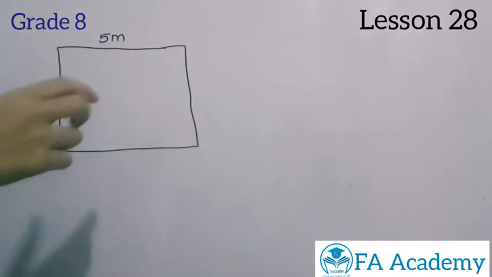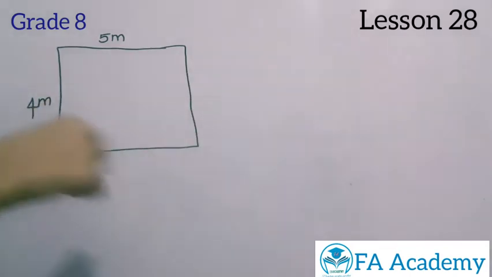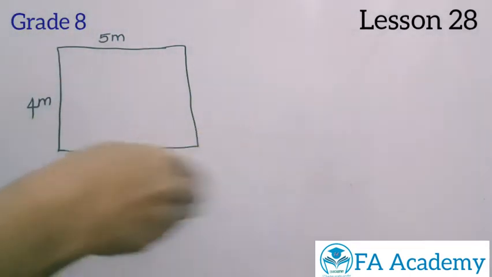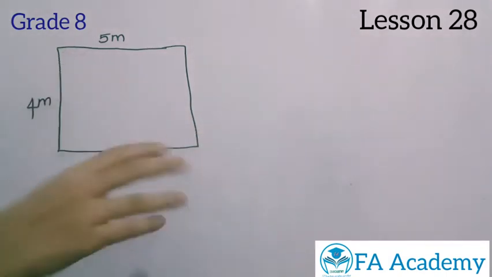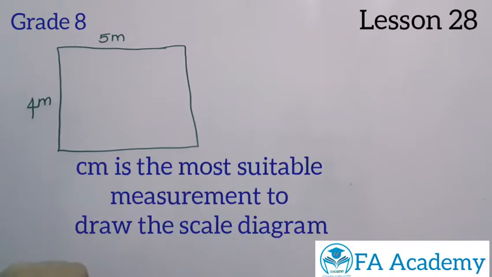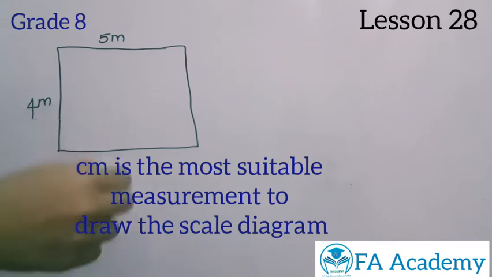So what are the measurements that you can take into your book? Can you take meters? No. The meter ruler is bigger than your book, so you can't take meters. Can you take centimeters? The ruler which is inside your purse every time, that is similar to your book size. So you can measure the measurements in centimeters.